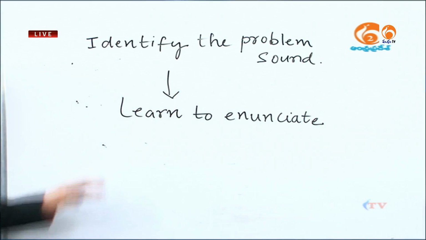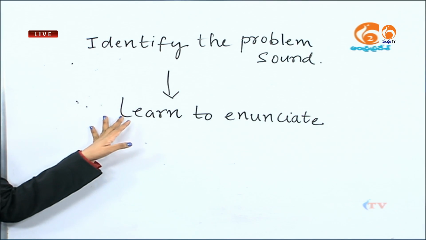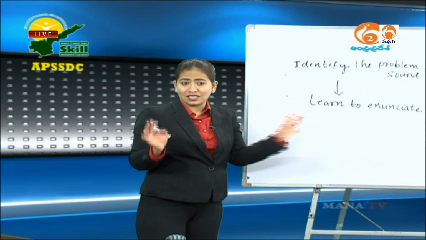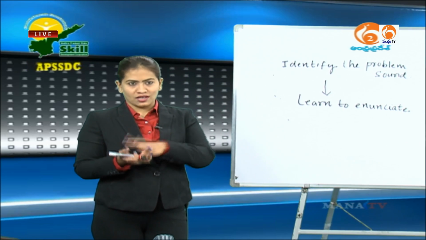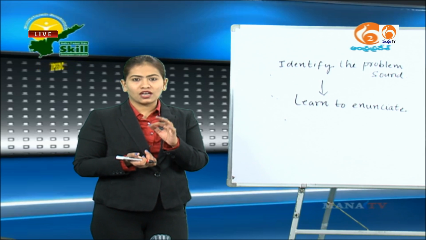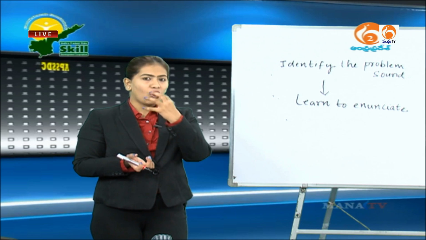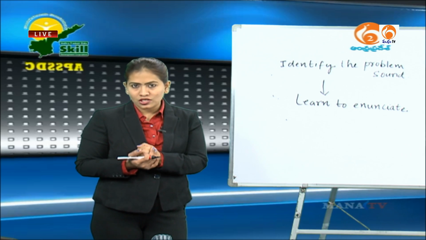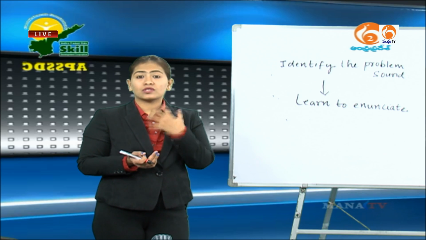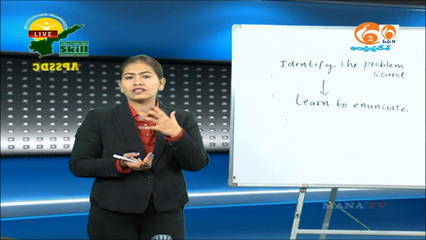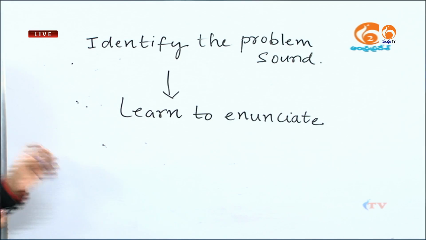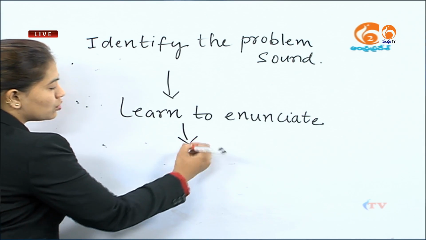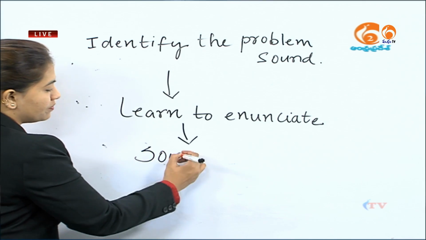So, I learned the technique, like the other day I have given you the example for the j sound, taking j as an example. Something very close to your honeybee sound is your j sound, where you obstruct the air partially and still the air is passing by, hence this sound is produced. So, learn to enunciate is the second step, and then what we are supposed to do is your sound drill.